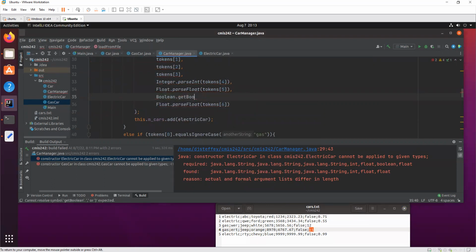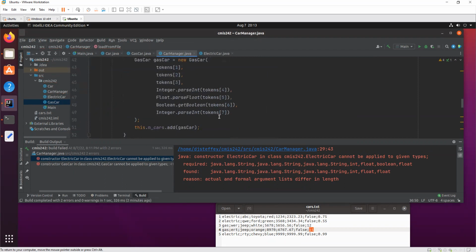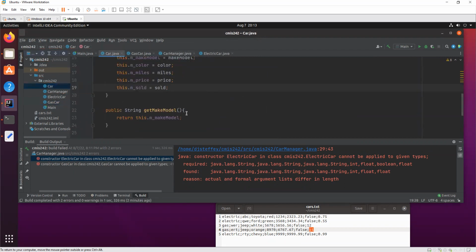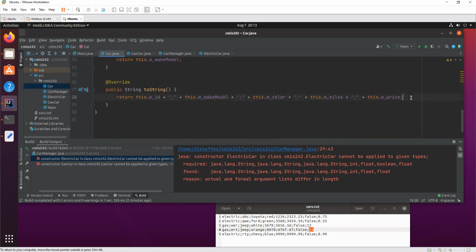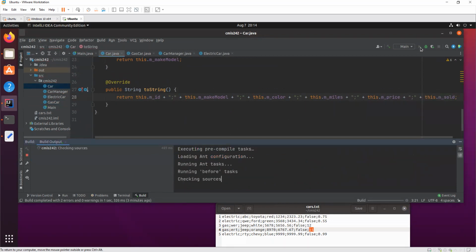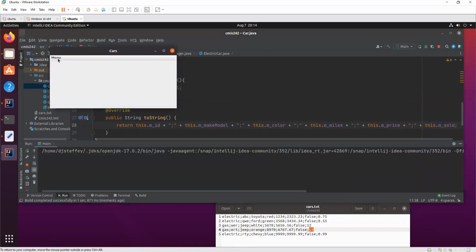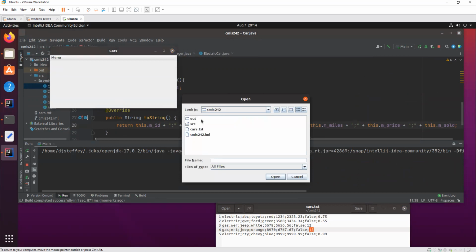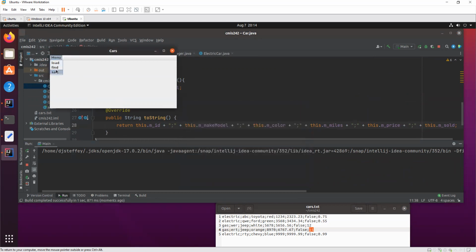And kind of the same thing here for electric car. We're now going to parse out if it's sold or not. 7, 6, 7, that's right. Let's update the car, the two strings, so that also with the miles and the price, we're also going to print if it's sold or not. All right, let's run this. There we go. Let's load it. There we go. And now let's find the Jeeps. Jeep. And it did find them. And as you can see, it now has the true or false in there if it's been sold or not.